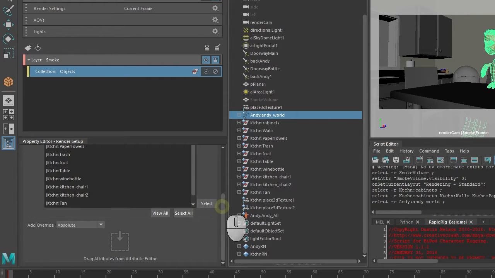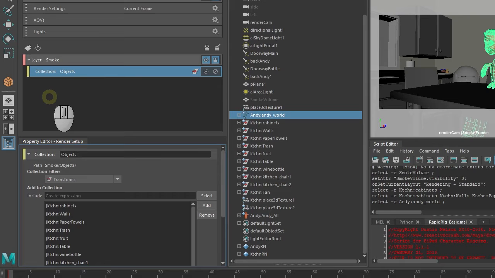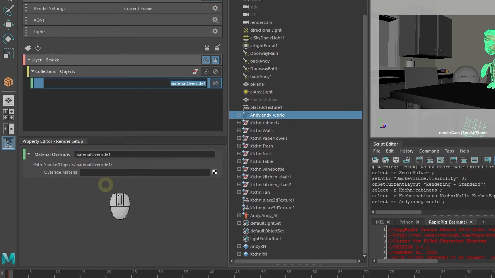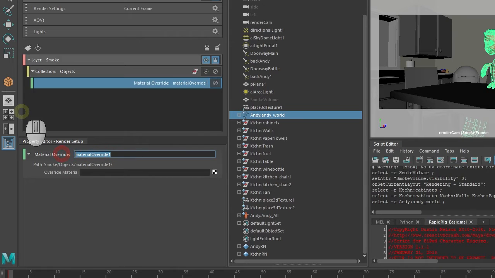The idea behind creating this layer setup is to not have the shaders on all the objects evaluated every time the volume shader is called. So we want to replace the shaders in this scene with a single black shader, a shader that simply returns a single color without any calculation. For that we need to create a material override. The override material, so we could call this override make black,